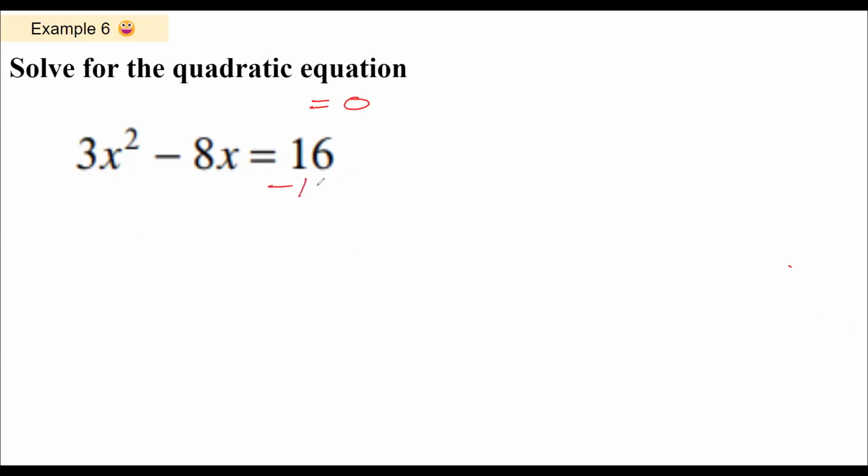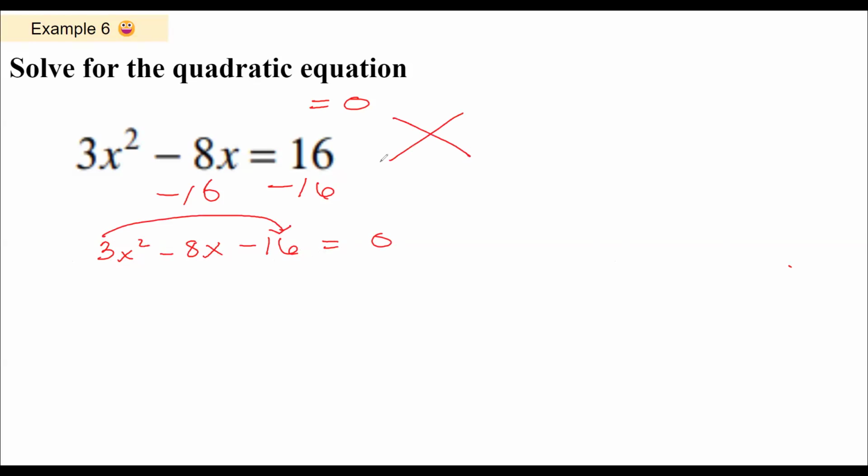So first things first, subtract 16, subtract 16. Do not combine any of the other terms with this constant. It's not a like term. And I keep on emphasizing that statement. Honestly, how do I write my left side? 3x squared minus 8x minus 16 equals 0. All right. Can I factor this or can I factor a GCF out? No. So therefore, I have to do the